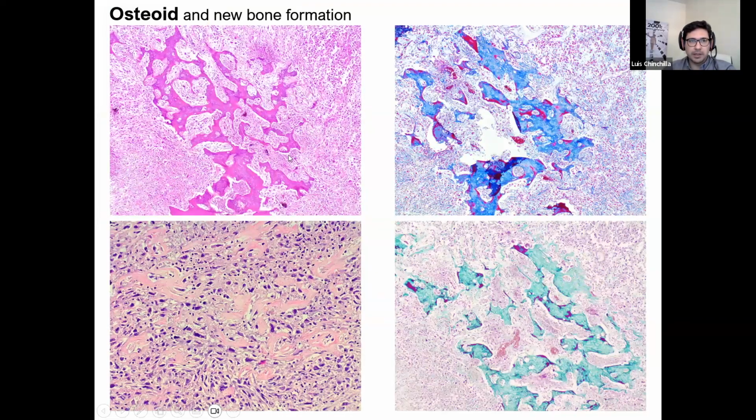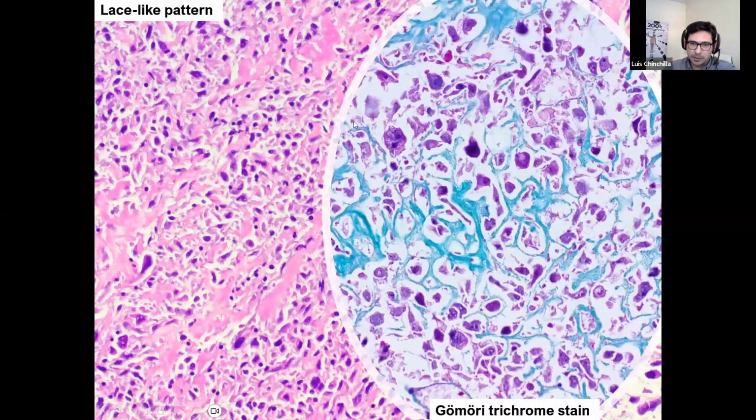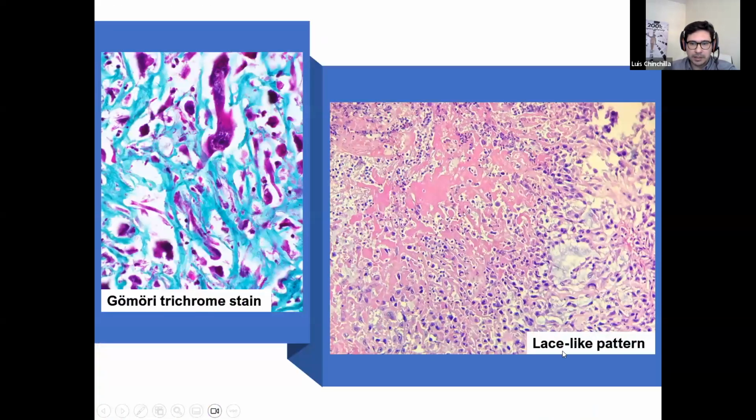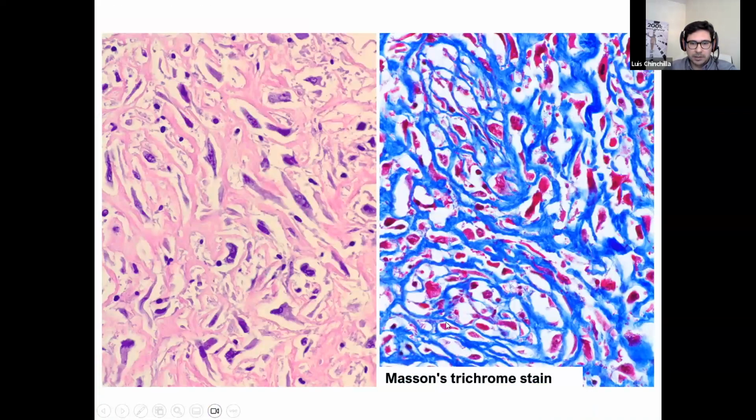And obviously in the microscopic examination, I could observe this bone formation, new bone formation, and osteoid was easy to see right now. So a lot of osteoid, or this kind of material with a lace-like pattern, was observed in a lot of areas. So this is the typical case that in a biopsy you can have